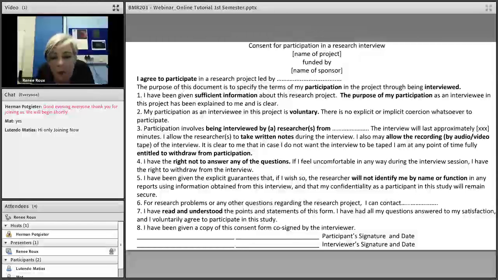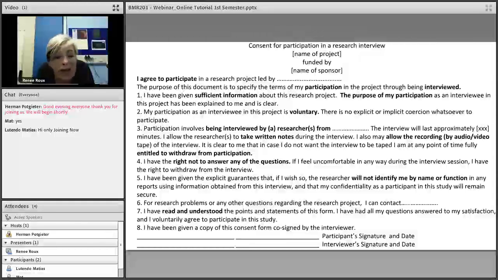It means that they will be interviewed by someone from a certain company. It will tell them how long the interview will last. It will tell them if written notes were taken, or if there's maybe a video recording, or you take photos, or whatever. And that they are in agreement that they don't mind that you take a photo, or that it's video recorded